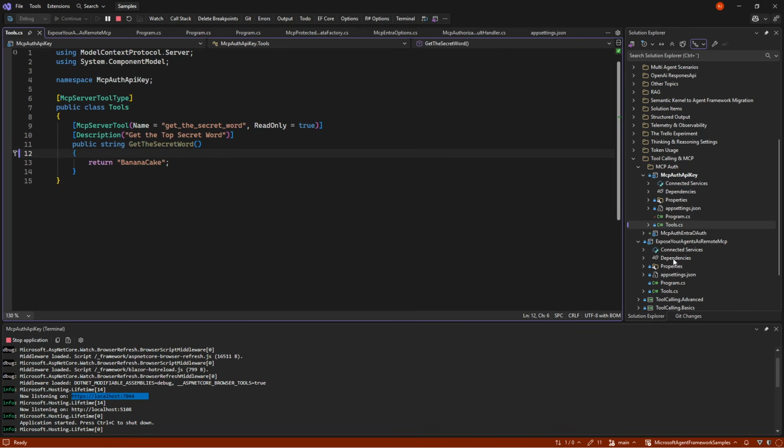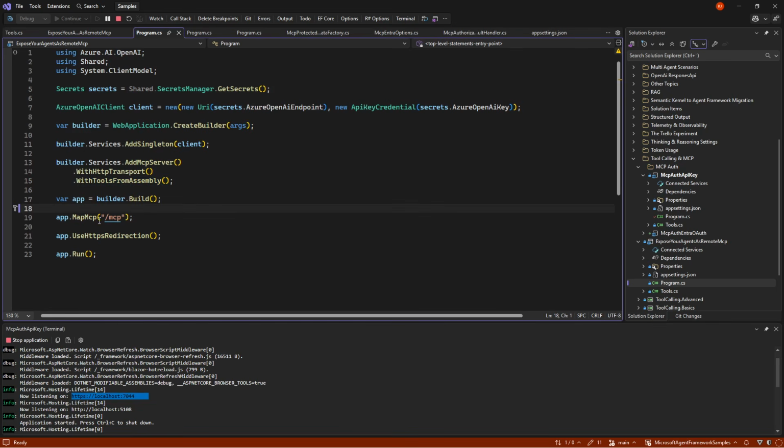But if we look at code like this, we're just exposing MCP, but without any restrictions. Anyone who knows the URL that it's on can just write the MCP endpoint and use it. But it could be that you had some corporate data, some company data, some private data that you wanted to expose through MCP, and only if people knew the API key, it should be possible.